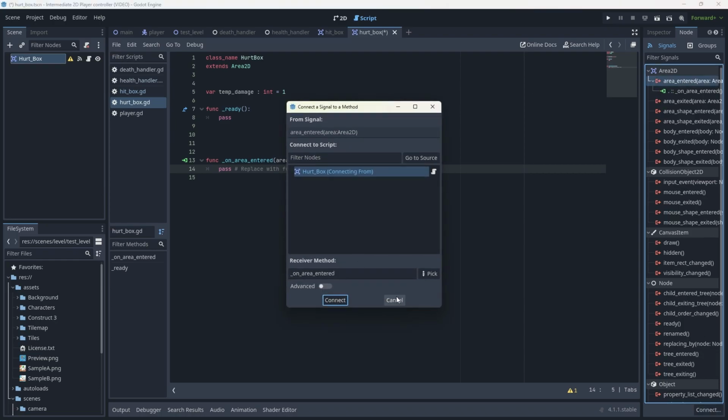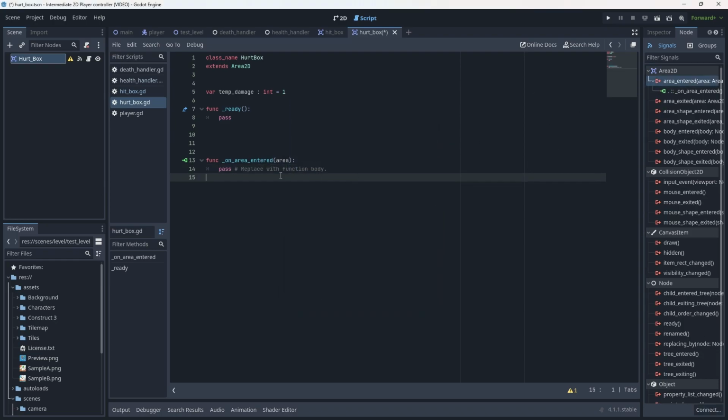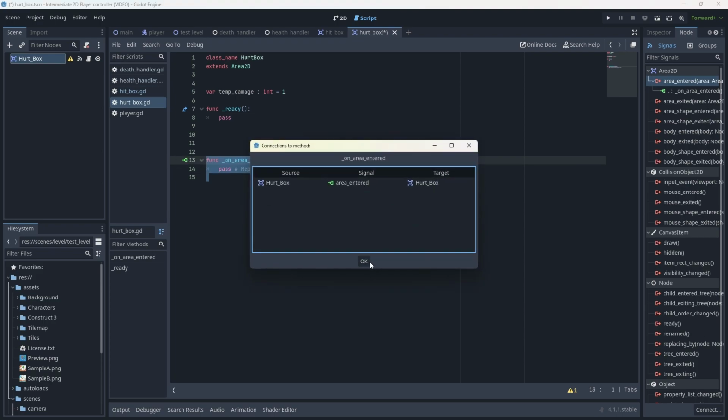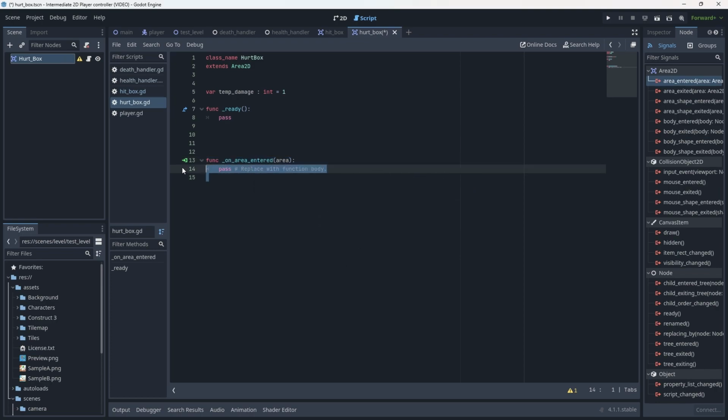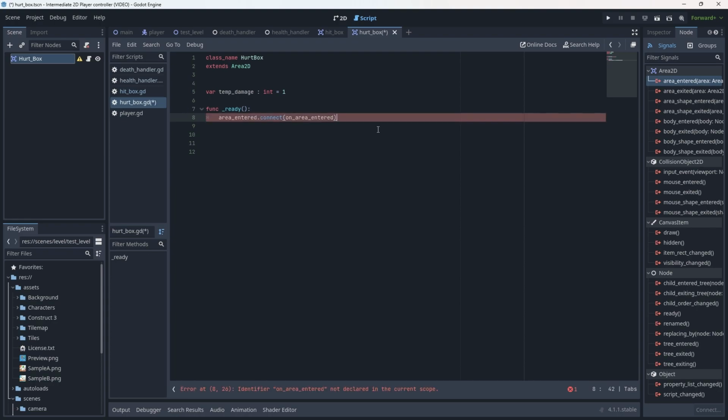So what I'm going to do is disconnect this signal. So disconnect all. So this is now no longer being used, and remove that method. And the reason I'm doing that is because I personally prefer seeing the signals in my ready function, or more specifically, I will create an entire function around connecting and emitting signals usually. In this case, I would literally just not need to do it for a single signal script,